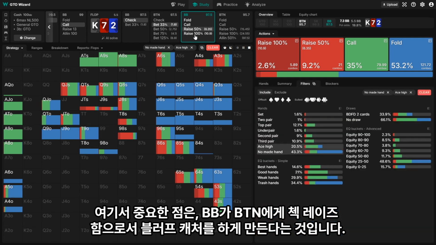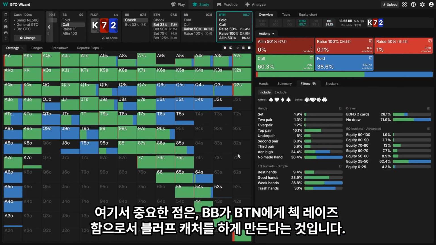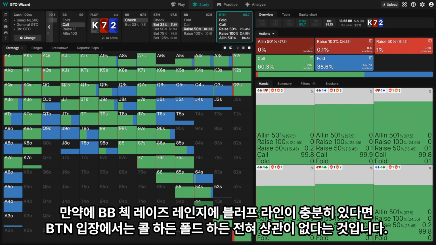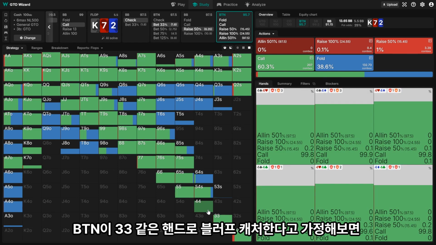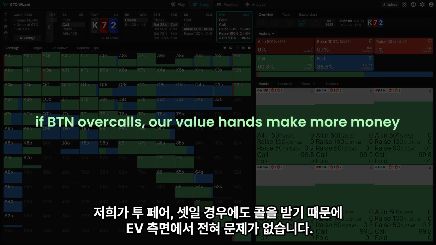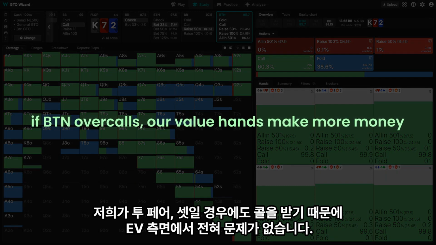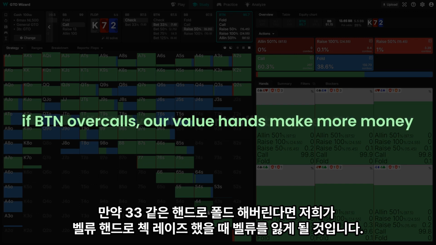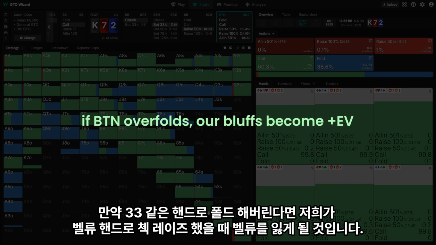And the whole point of doing this is so that Button is forced to pay us off with his bluff catchers. And in fact, if you have enough of these bluffs, then it doesn't even matter whether the Button calls or folds. Right? So let's say if he calls with a hand like pocket 3s or 4s, then that's fine. Your 2 pairs and sets are generating a lot of EV, preventing all these hands from just checking back on the turn. Right? If 3s and 4s start to fold, then of course your value hands are going to lose a bunch of EV,